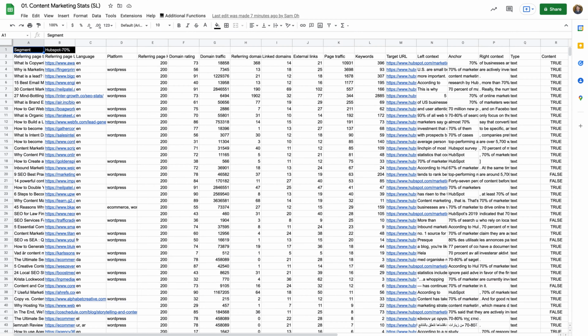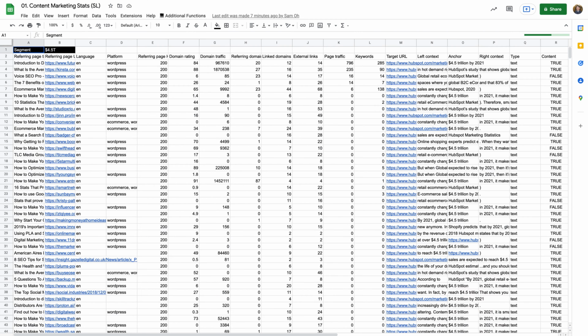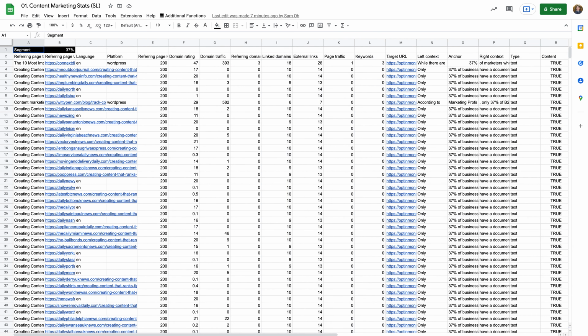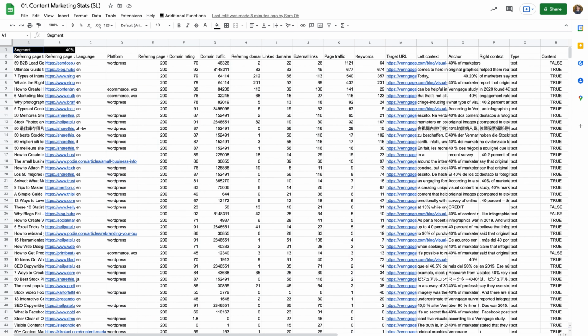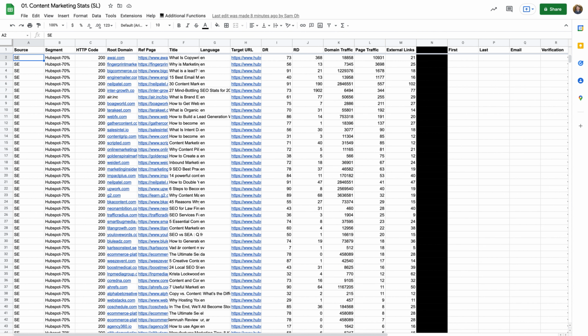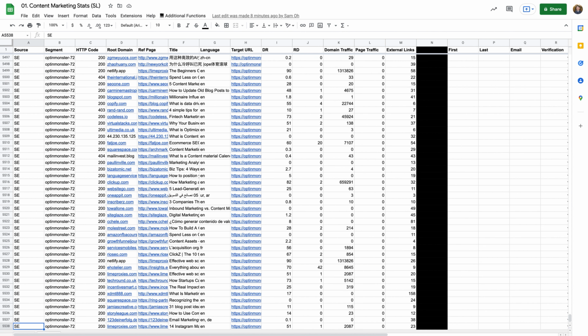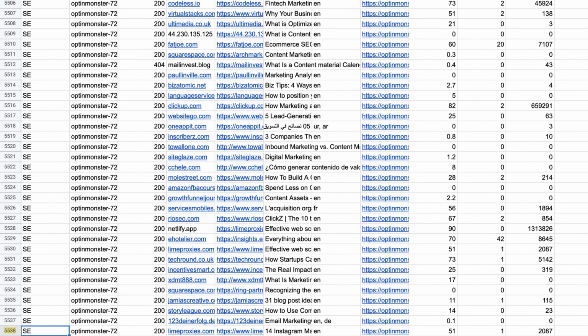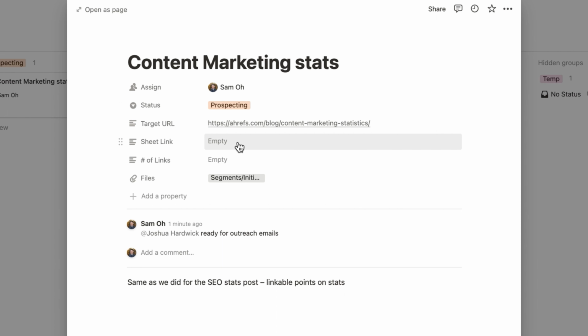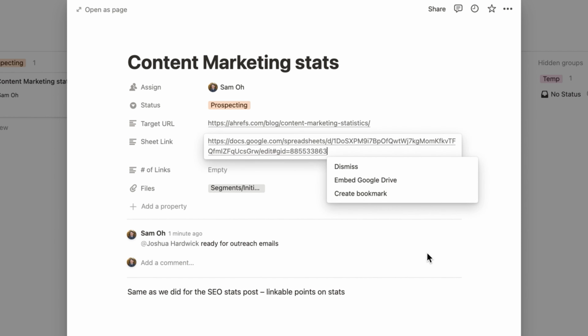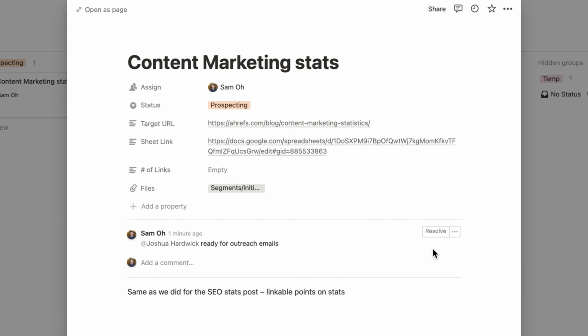Now, for this particular campaign, I downloaded 14 reports in Ahrefs Site Explorer, 1 report per segment, and created a merged version of our master sheet, with each URL labeled with their segment. And in total, we have 5,538 rows in the sheet. So I'll add our sheet link in the custom field in the Notion card because the SOP says to do it, and we're ready to move on.